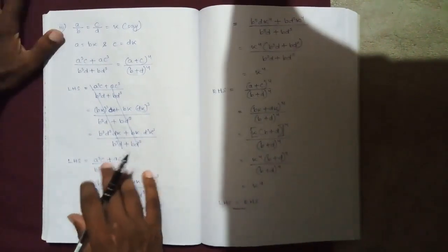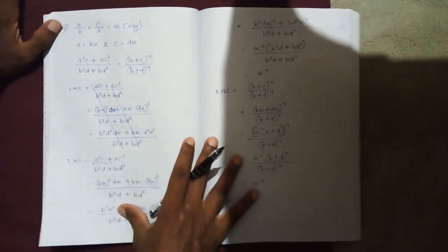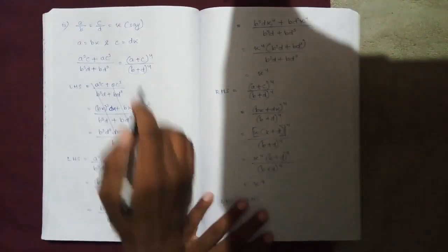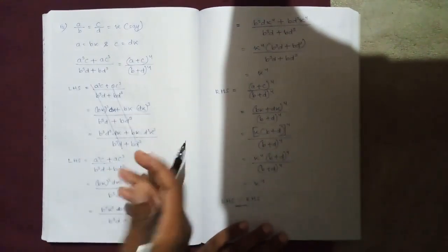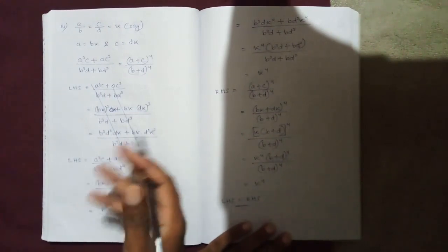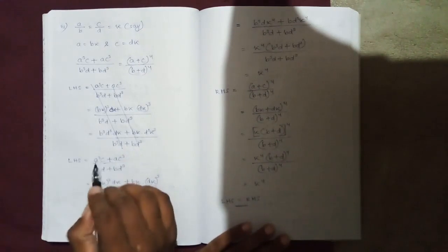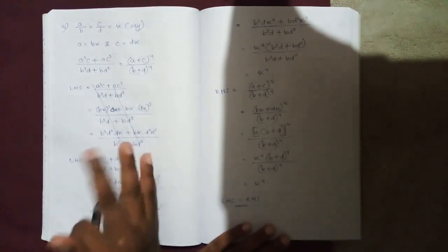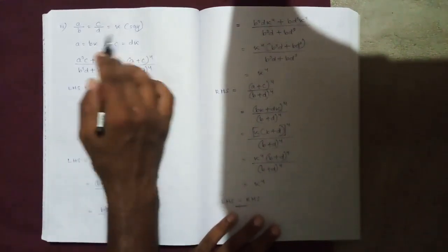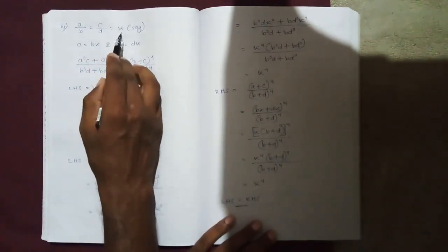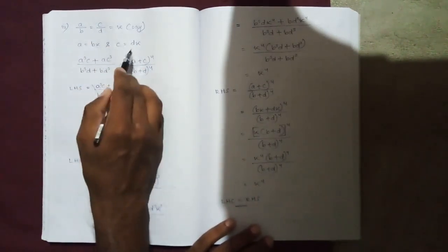Now move to third bit. It is given a by b equals c by d, means it is proportion. Okay, let it be k. Remember, when you are given any question related to proportion and you are asked to prove, means 4 quantities, then take the help of k. But if you are given mean continued proportion, means 3 quantities, do not take k, take b square is equal to ac. Okay, so if a by b equals c by d, let it be k, then definitely a will be bk, c will be dk. Okay, a is bk, c is dk.